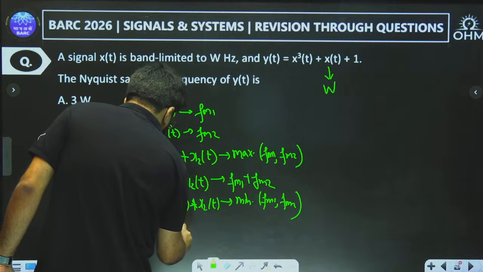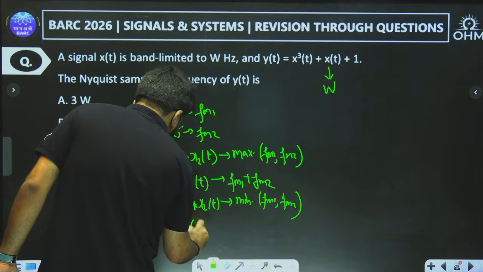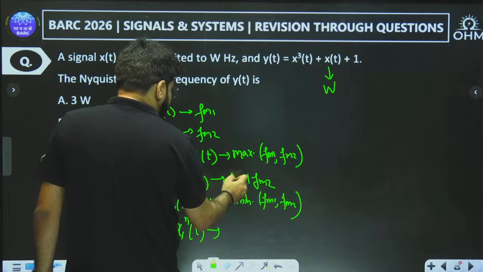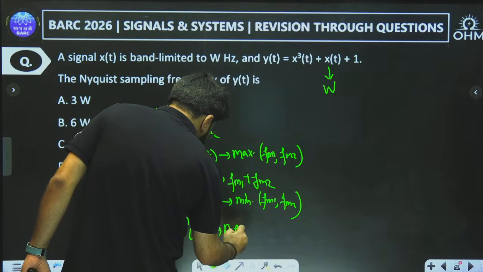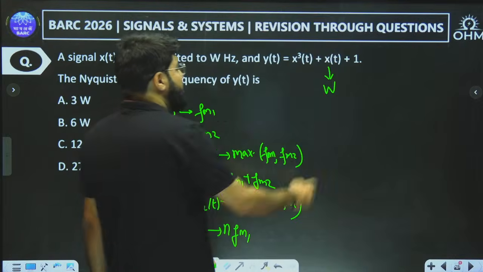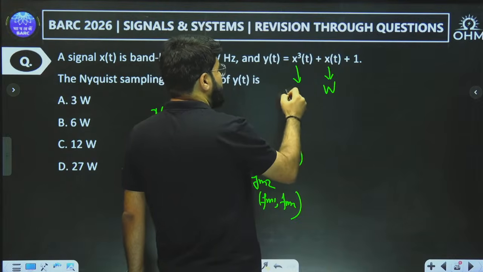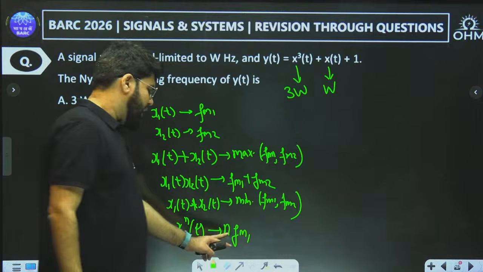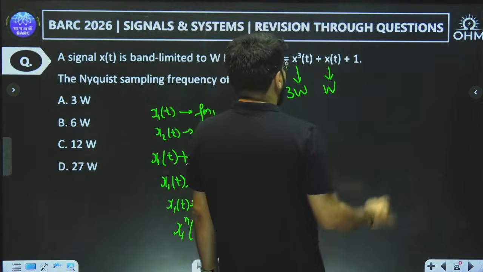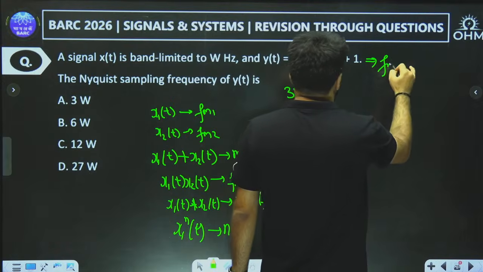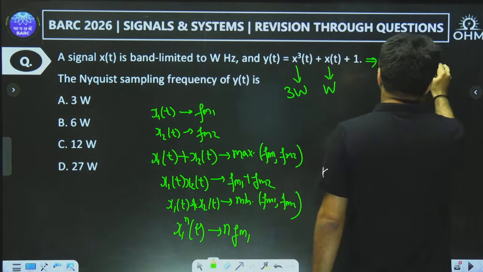Product also leads to x1 power n(t). If you take any power, then fm1 plus fm1 plus fm1, n times will come, so it is n times fm1. So if this has W, x cube t will have 3W. Then the net fm for the signal is given by the maximum of